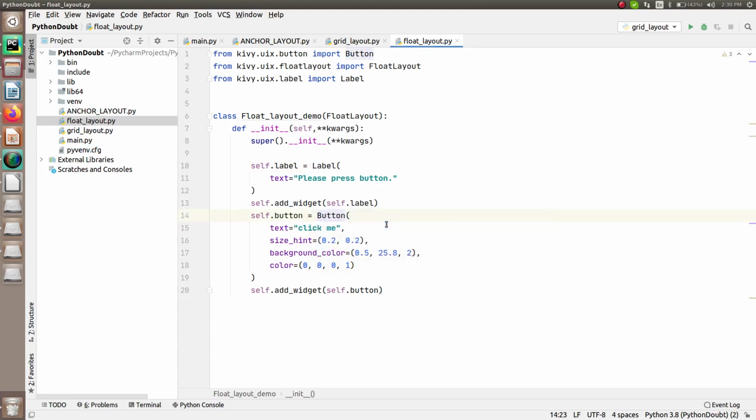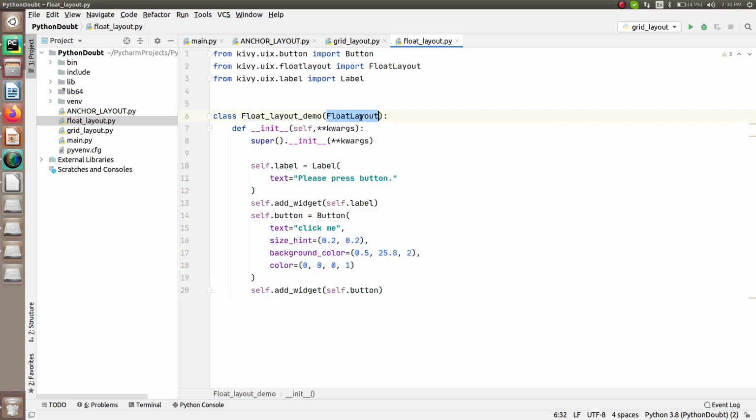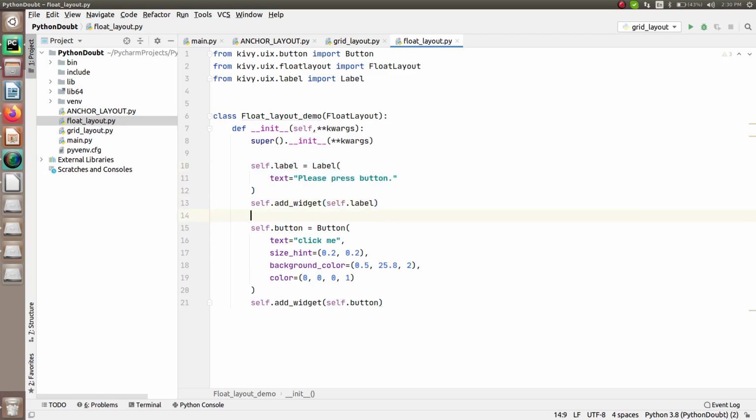So this is how I have done it, and accordingly you can see I have set the size and everything for it, right? But this time, just because we are doing it in a different way, with respect to the float layout, I have to make a bit more changes to that. Currently, you can see over here this is a label. Right now I haven't set any positioning or any size dimensions for it. So I'm just putting it like this for demonstration purposes, but after that I will make changes to this one as well.